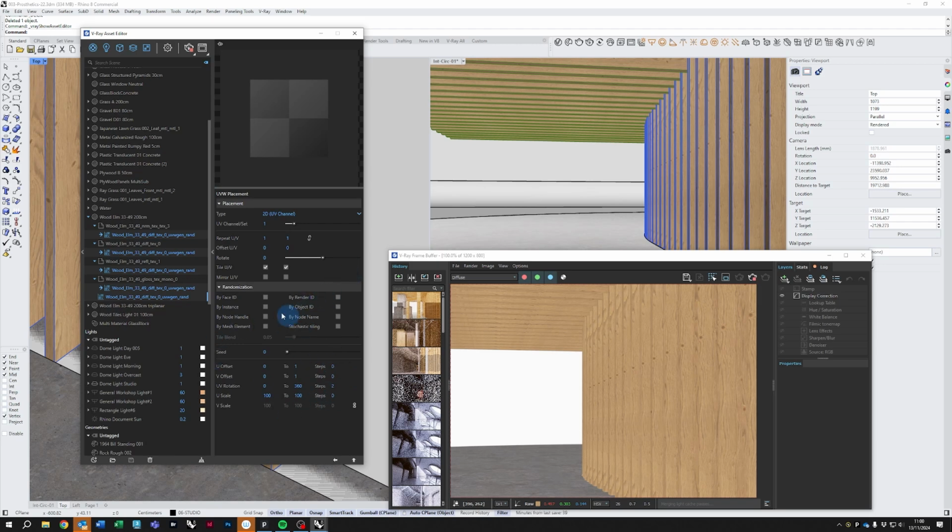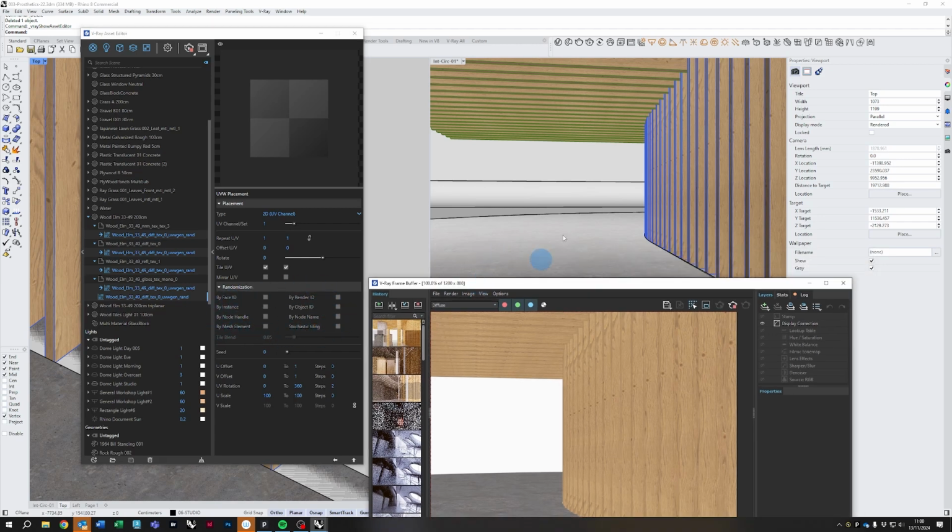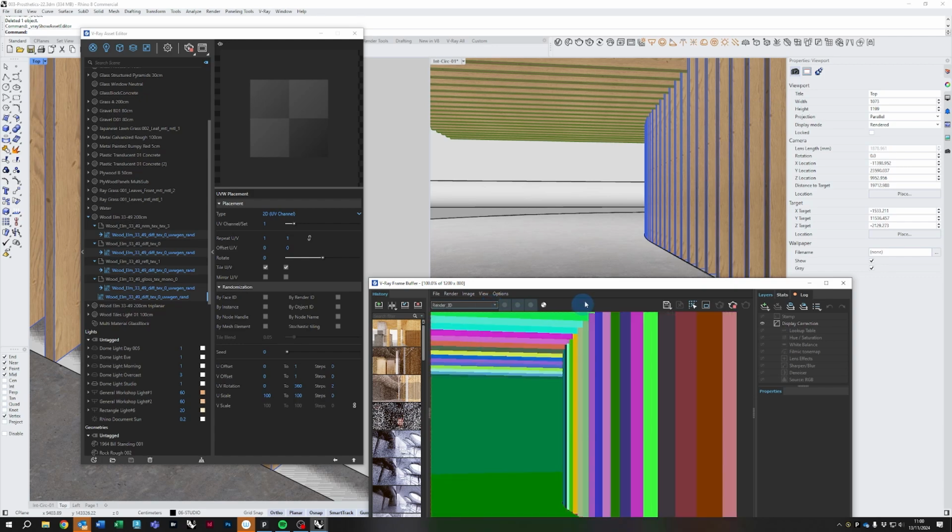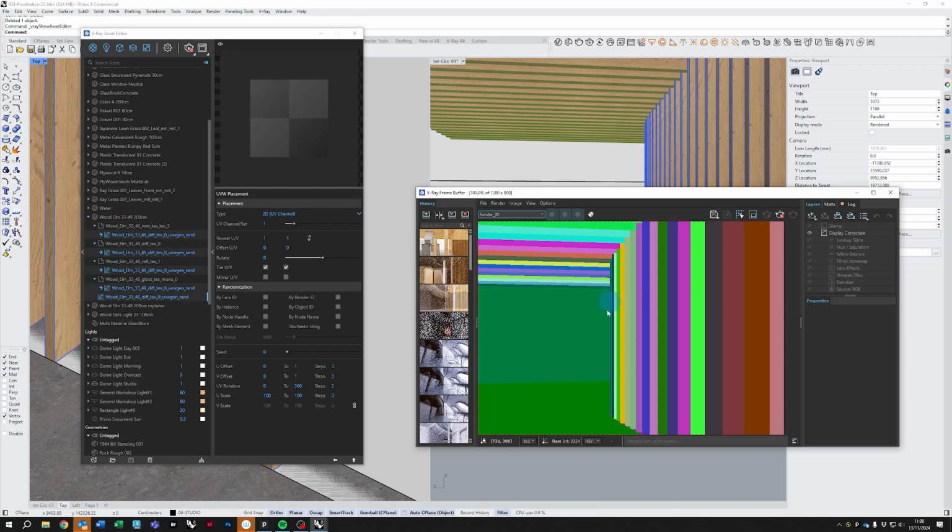Now, before you randomize these textures, you need to tell V-Ray how you are going to do this, by what method. So in this case, we want to utilize the fact that Rhino will give each object that you're creating a unique render ID. So here they are. So each one is given a different one. So if now I select my randomization by render ID,